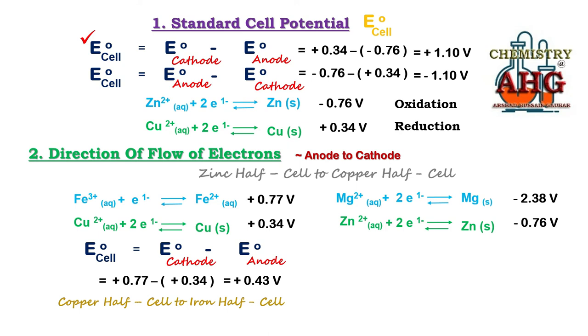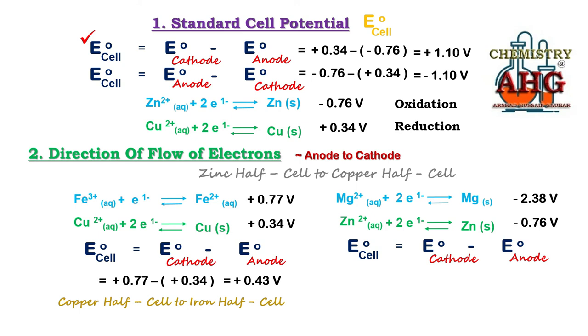Okay, if you have done this, again which formula would you have used? You must have used cell potential is equal to reduction potential of cathode minus reduction potential of anode. And what is cathode and what is anode in this case? Now both these values are negative, but mathematically which value is greater? Mathematically the reduction potential of the zinc half cell is greater. So the zinc half cell must act as cathode where reduction will take place, while the magnesium half cell will act as anode where oxidation will take place.